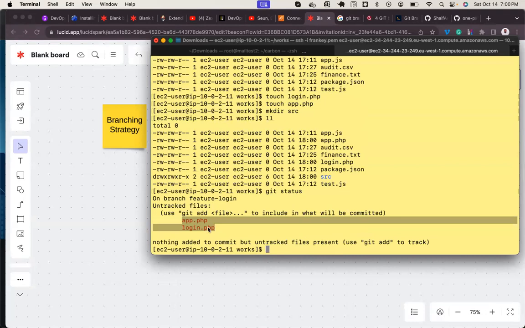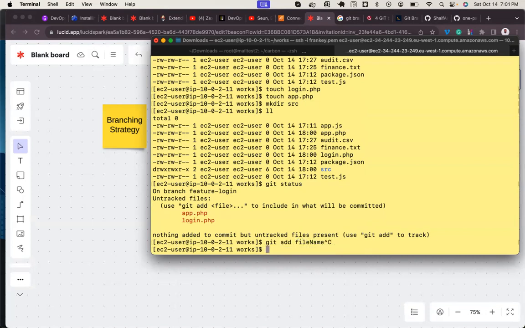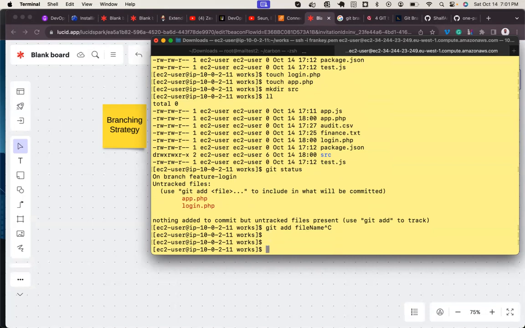Now, I want to add these guys from the untracked area to the tracking area. So as you see before, I've been doing git add, then the file name, one by one, right? But what if I need to add all of these files at the same time?